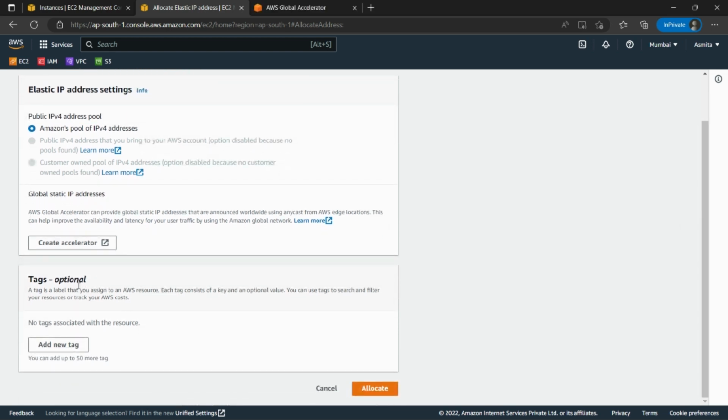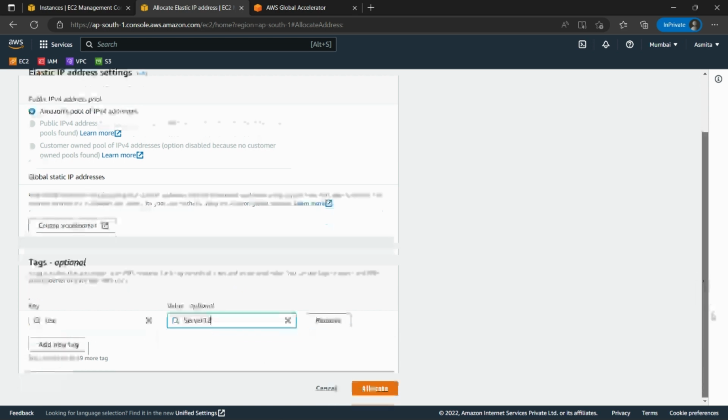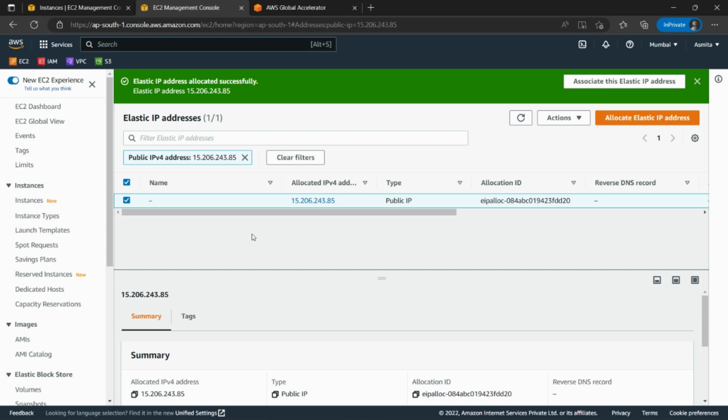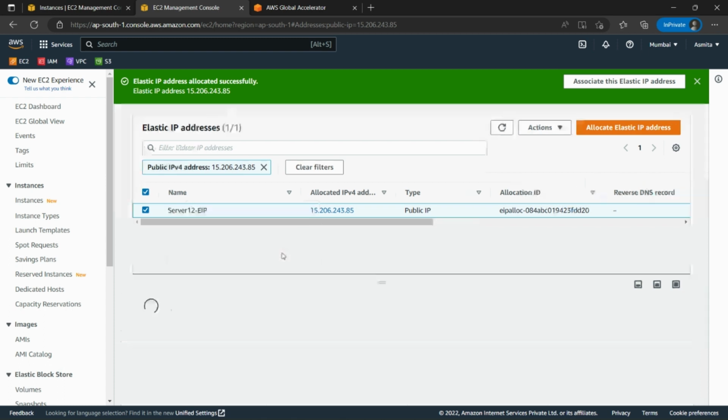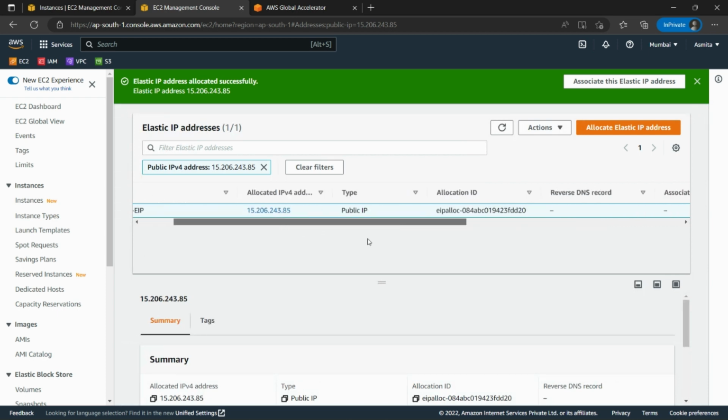Add a new key, suppose, use server 12. Click on allocate. You can give a name to this IP. Now this is our IPv4 address, which is a public IP,